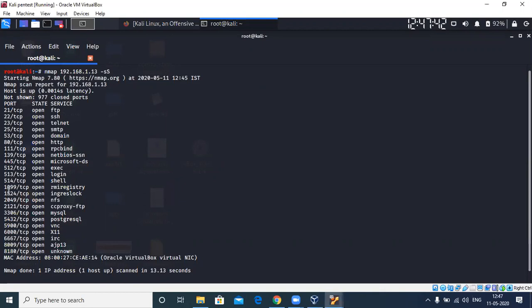It will also scan many other ports here that are much greater than 1000, but they come under the common 1000 ports. These are services that by default run on those ports. I've already told you, MySQL would run on port 3306 by default, and Postgres on 5432, something like that. So these are those common 1000 ports.